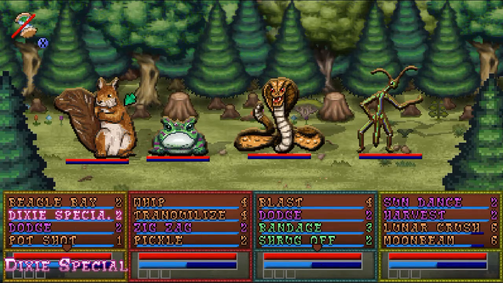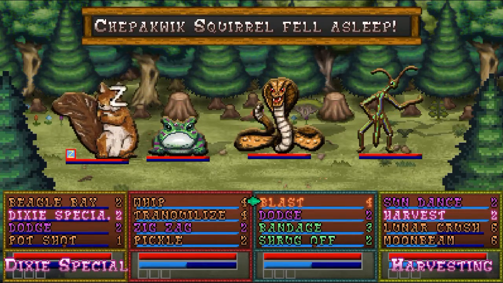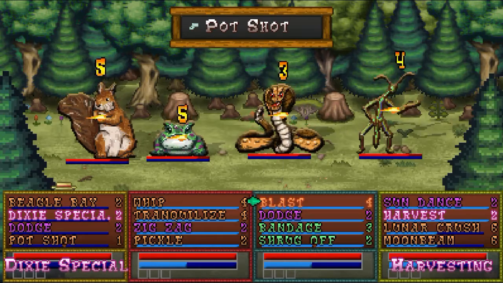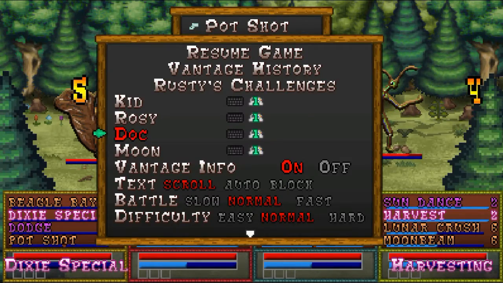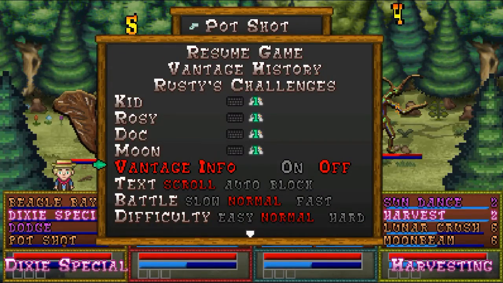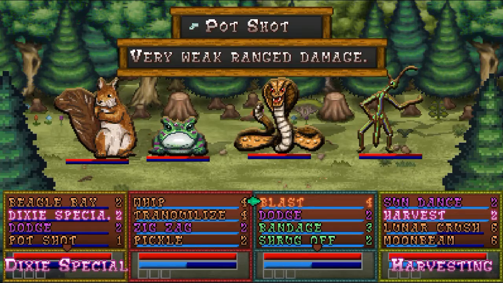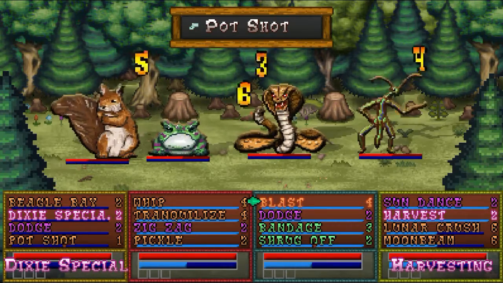Toss out the Dixie Special and then our 8 pot shots. Put up a Harvest. And you know what? Vantage info off. Vantage info on. And that was supposed to be the challenge for Rusty, but I don't know if that one actually works at the